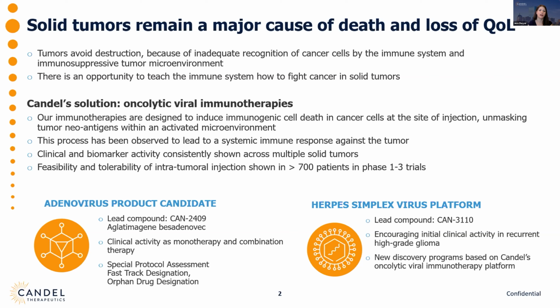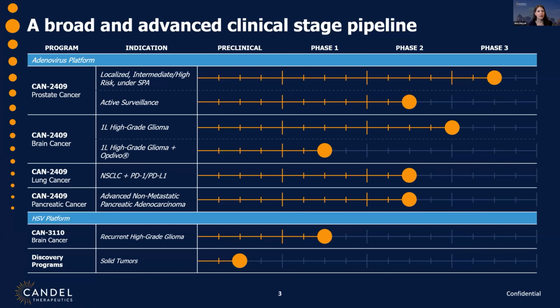The feasibility and tolerability of our approach has been shown in over 700 patients across multiple phases of trials with our therapies. So we have two oncolytic viral candidates, an adenovirus platform and an HSV platform. We've been applying these candidates for different indications, as you'll see on this next slide. So CAN-2409, which is the adenovirus platform, has the majority of the clinical and safety data with trials in prostate,